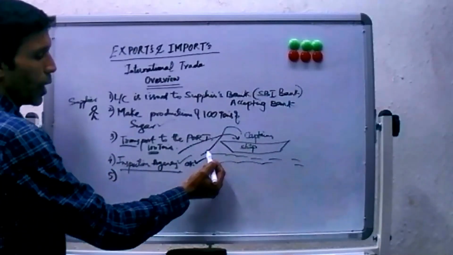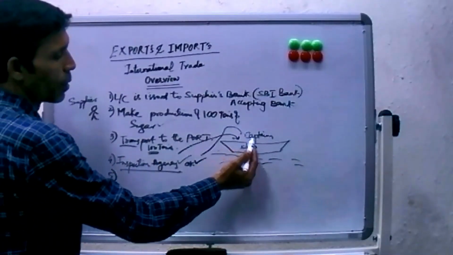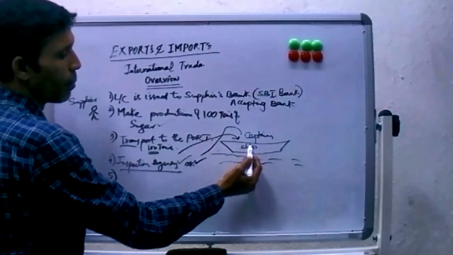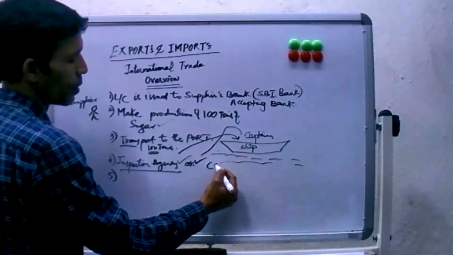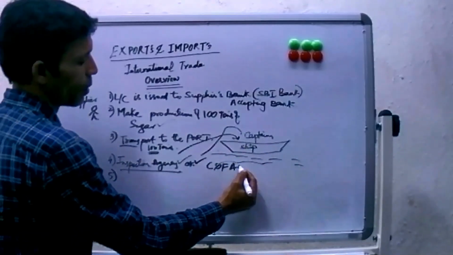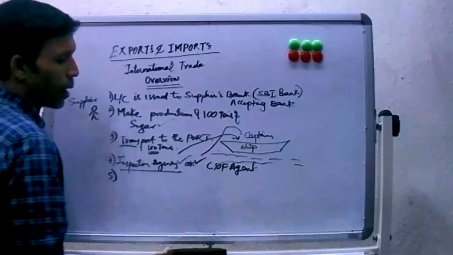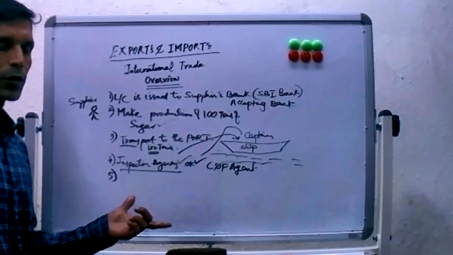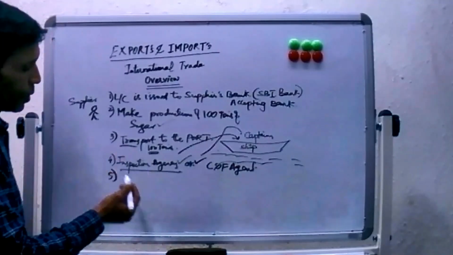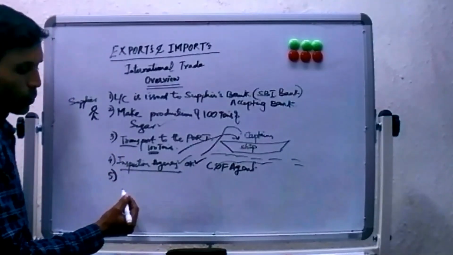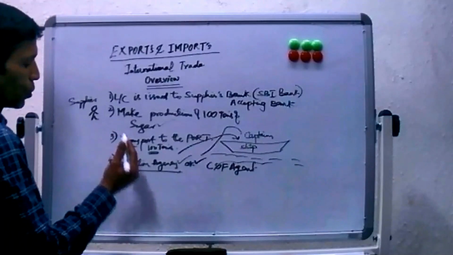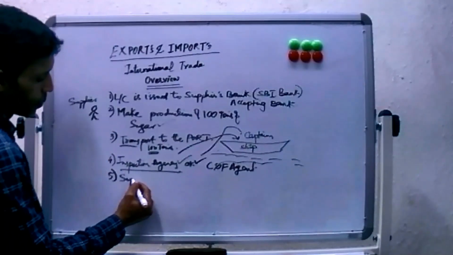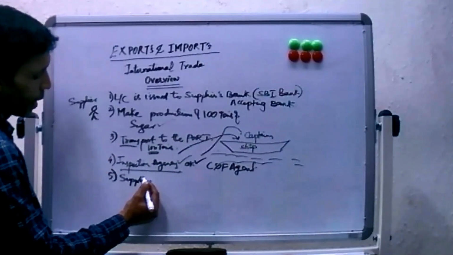The delivery documents for the ship are given by the C&F agent, which is nothing but a clearance and forwarding agent, or you can say cost and freight agent. So this C&F agent will provide the transportation documents back to the supplier. Once the supplier has these documents,